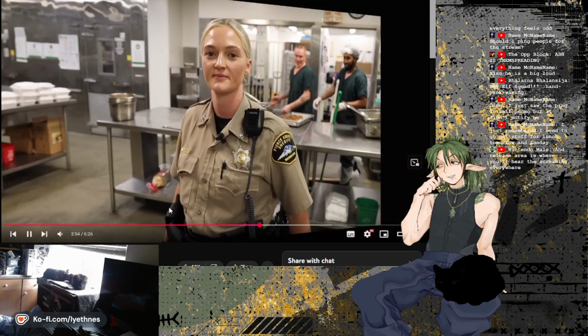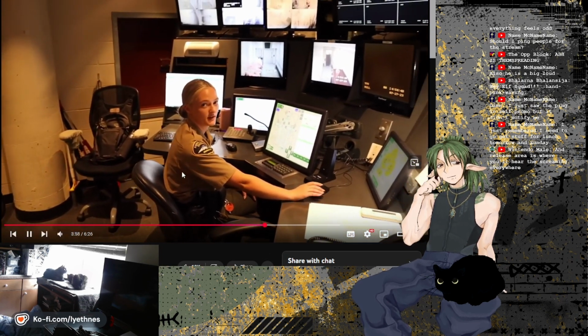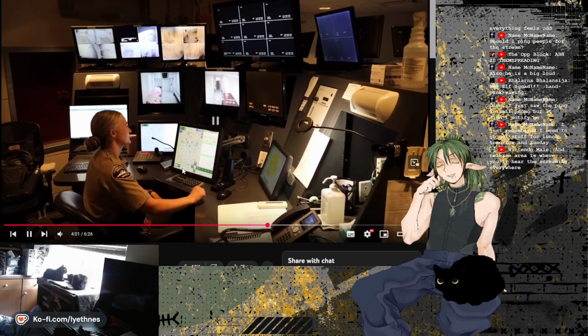So probably this is central control. This is where you are responsible for operating the movement of gates throughout the facility. Okay. So,